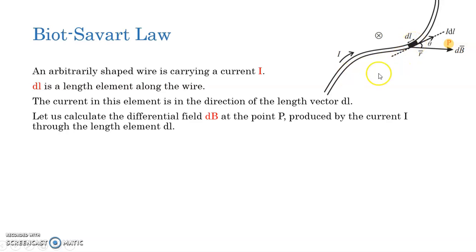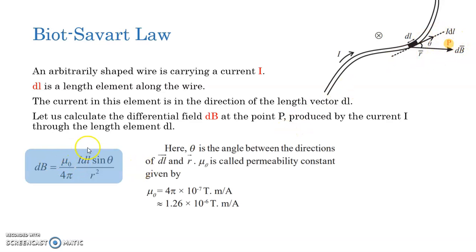Let us first find the magnetic field denoted by dB produced by this small element dl at point P, which is at a distance of r bar from the length element dl of the wire. The magnetic field dB produced by the current I flowing through dl part of the wire at point P is